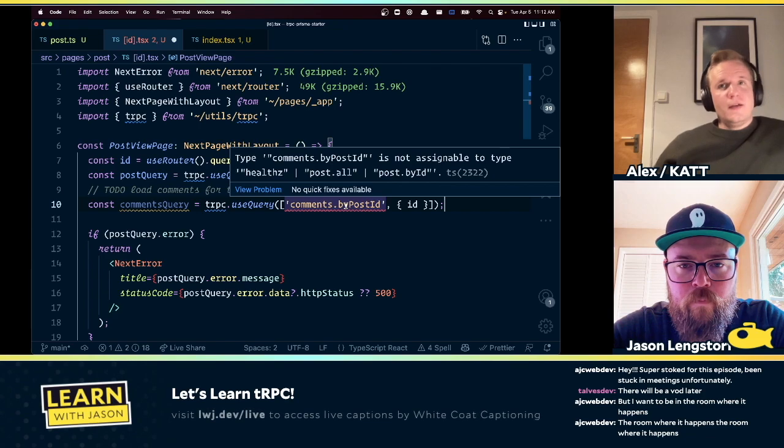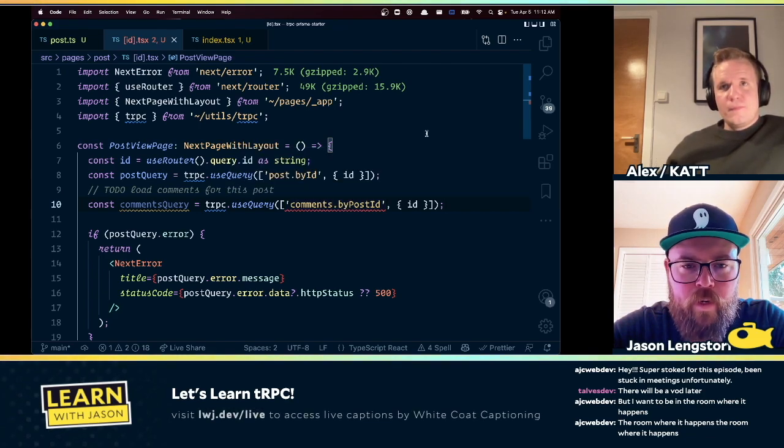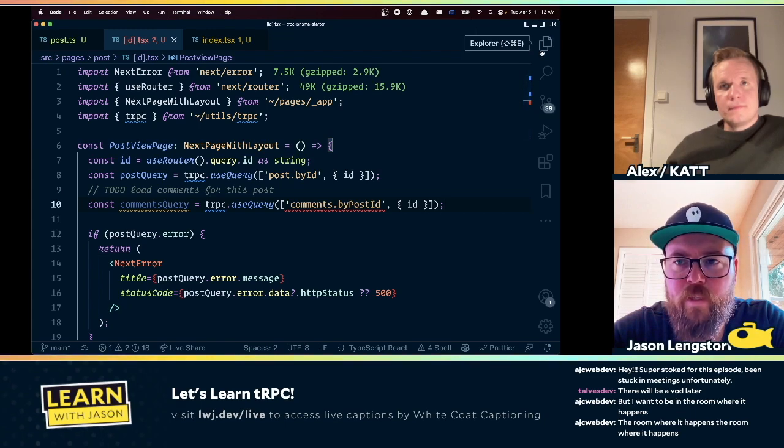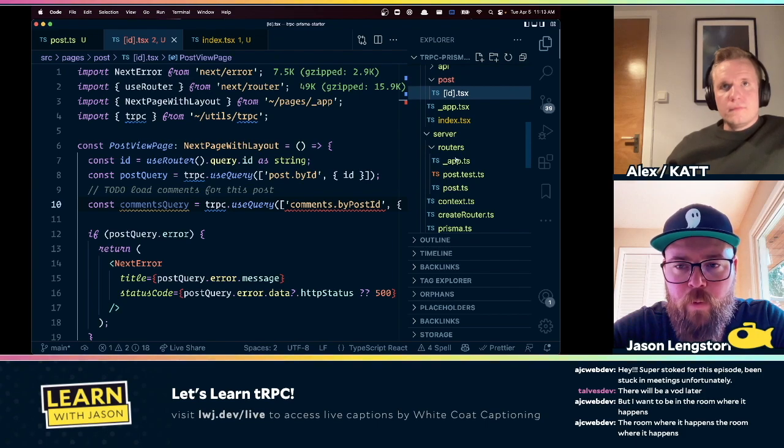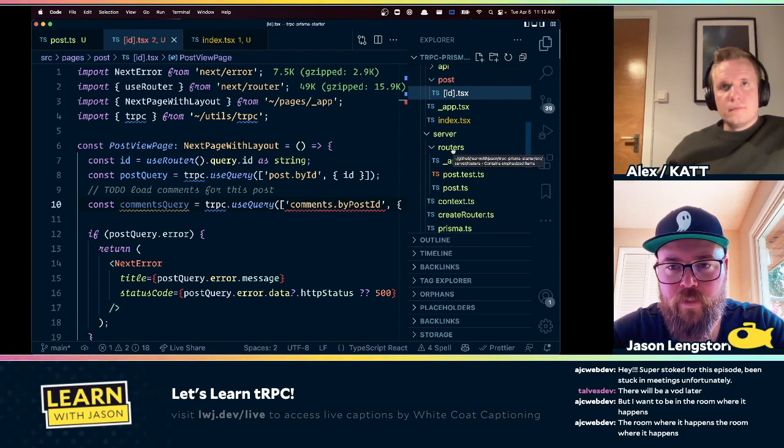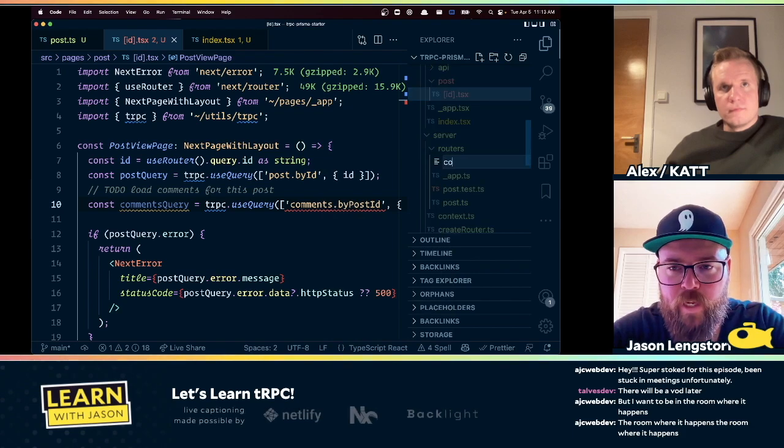So I guess we can try to go ahead and create it. Yeah. All right. So let me see if I can reason my way through this. What I would do next is, I know that the post router has to come in like this. So I would create a